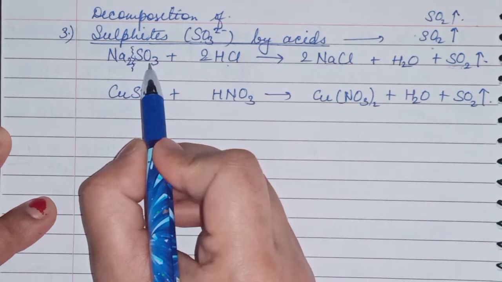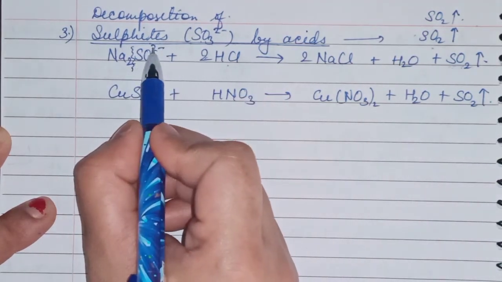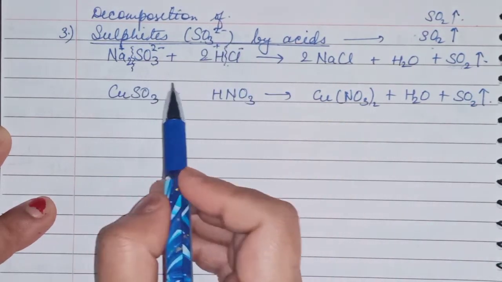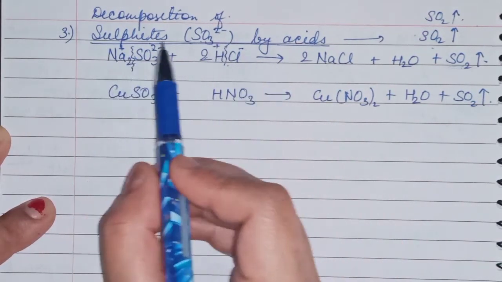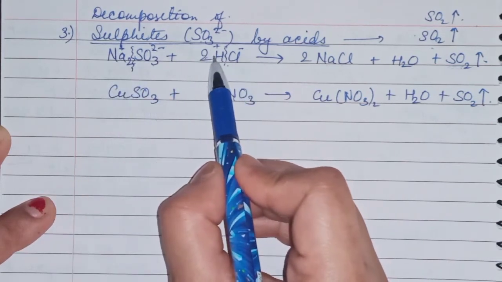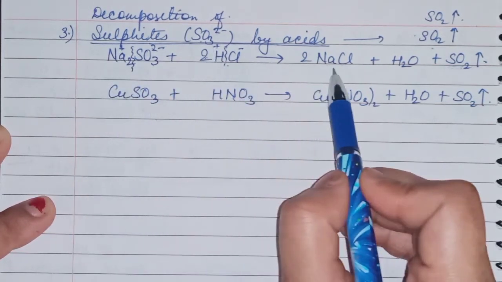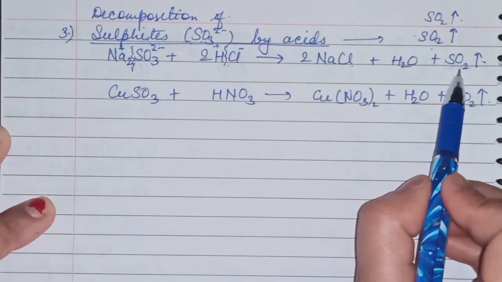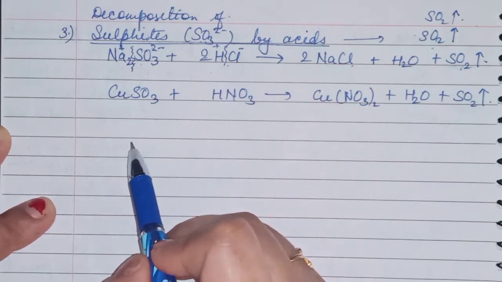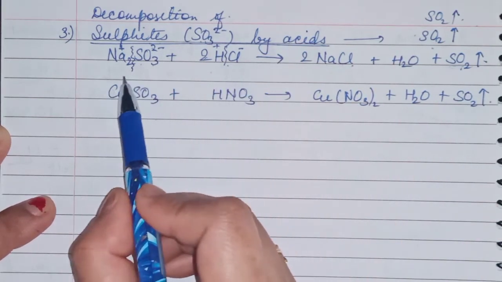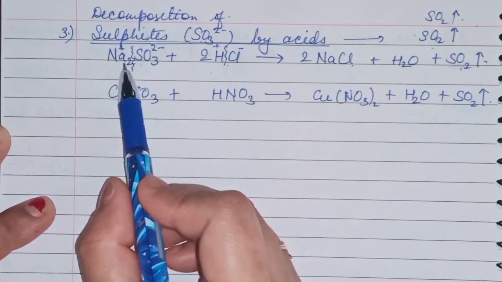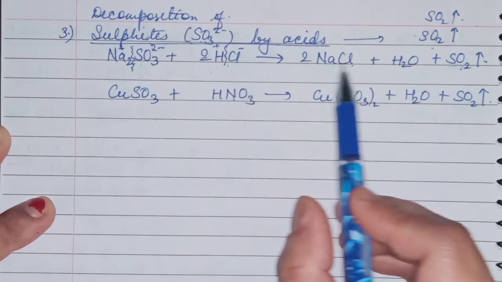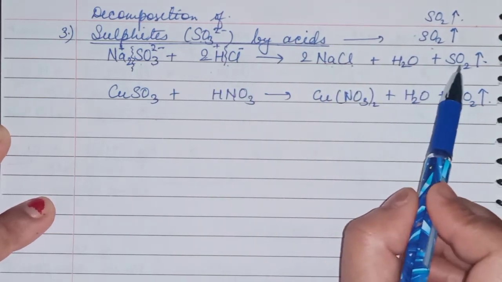Breaking down of sulfite, it will break down into SO3 2 minus and Na plus ion. Here also it will break into plus and minus ions. What you have to do is change only the ions. Na plus will come here in place of H. Okay, so it is forming NaCl. Okay, and SO3 will form SO2 gas and one molecule of water is forming. Okay, children, you have to do formation of salt like that only. Break the compound into ions and then form salt. Whatever is left will form water and SO2 gas. Clear?